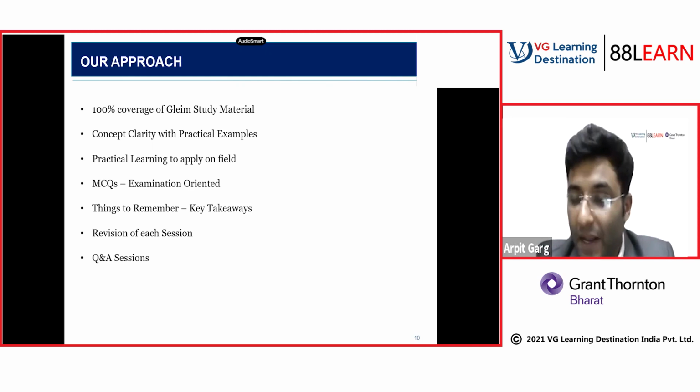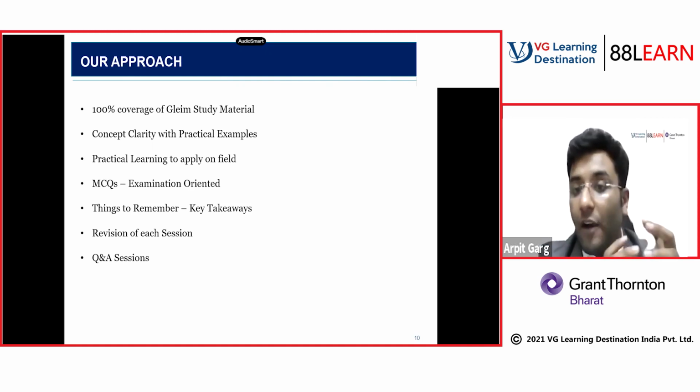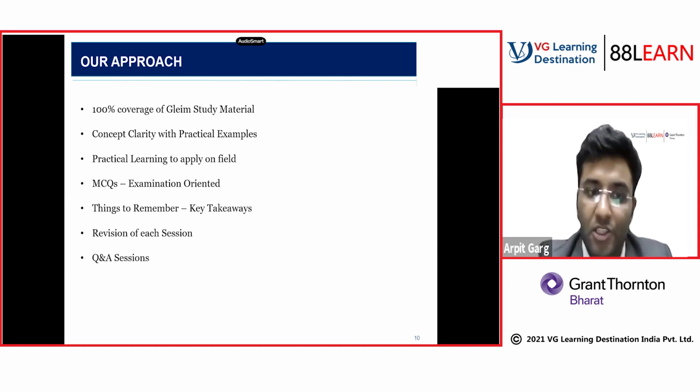Okay, the MCQs, which are very important from exam orientation. The one most important thing that will be a key takeaways slide for you all. After each session that we have completed, we'll have the things to remember section, which will have the keywords that, okay, this is something I have to remember. These things to remember are basically from exam orientation. There are very small and basic concepts that will be confused in the examination. To help you to not get trapped by the questions, we have the things to remember and the key takeaway slide, which helps you to remember the key aspects in the units and how we differentiate things.